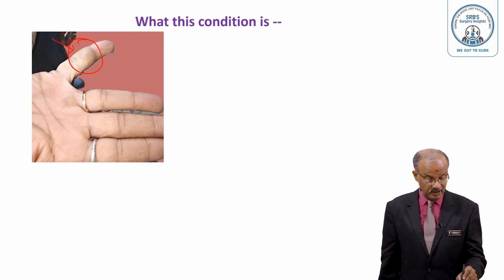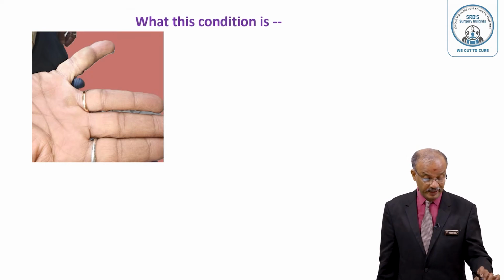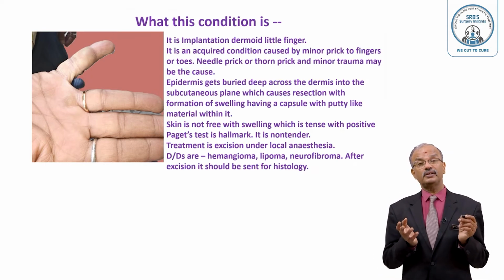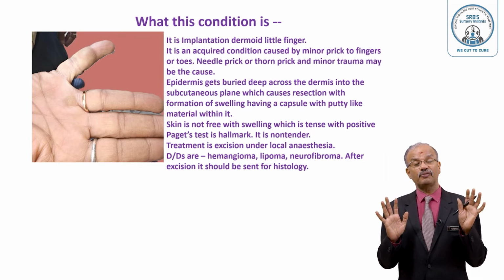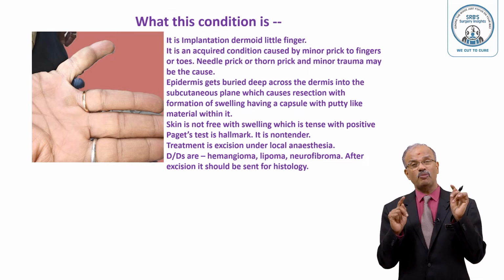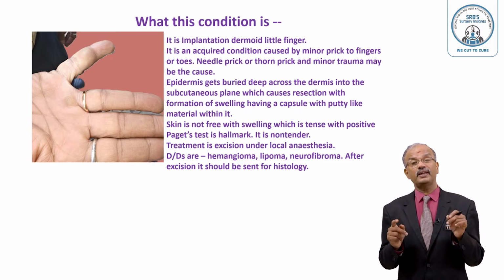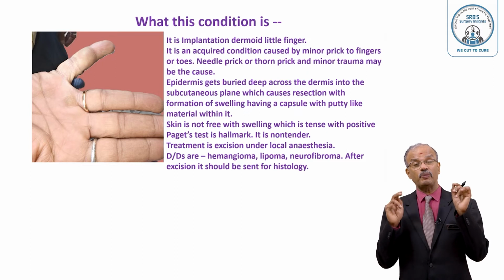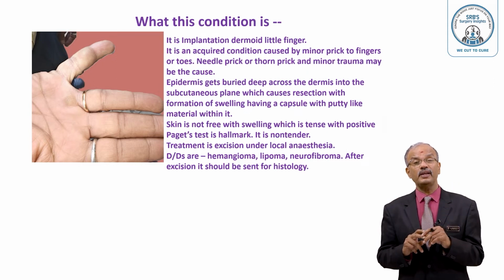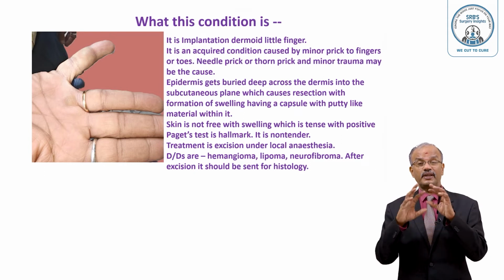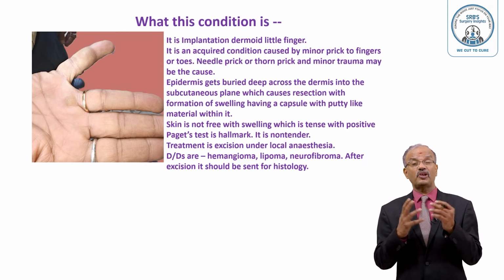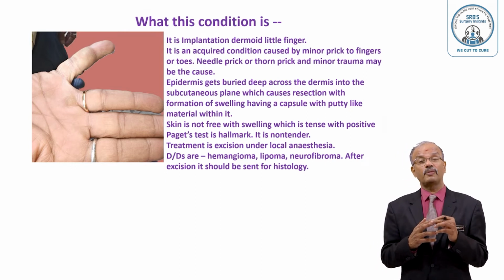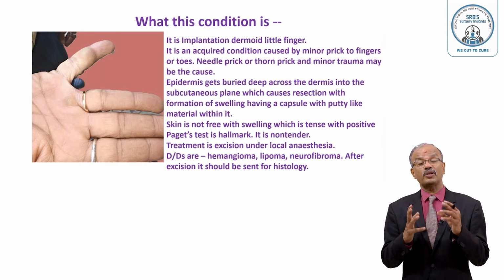And you can see that swelling here. And this is an implantation dermoid. All of you know that implantation dermoid is an acquired dermoid. It usually occurs in the palm and sole, where a fine small prick injury like a needle prick or thorn prick makes the epidermis bury under the dermis into the deeper subcutaneous plane, which evokes some reaction from the fibrous capsule, with putty-like material, which is not translucent but soft and often firm, a well localized swelling